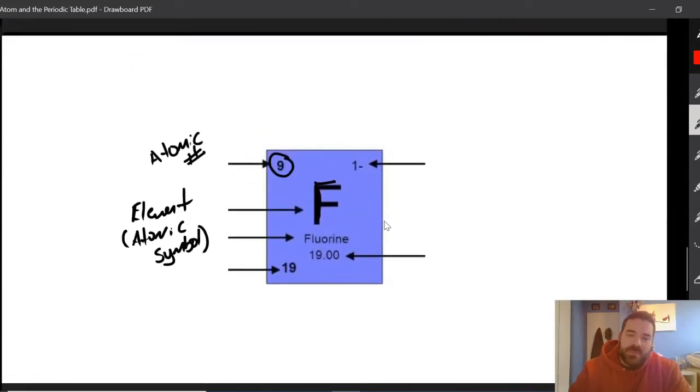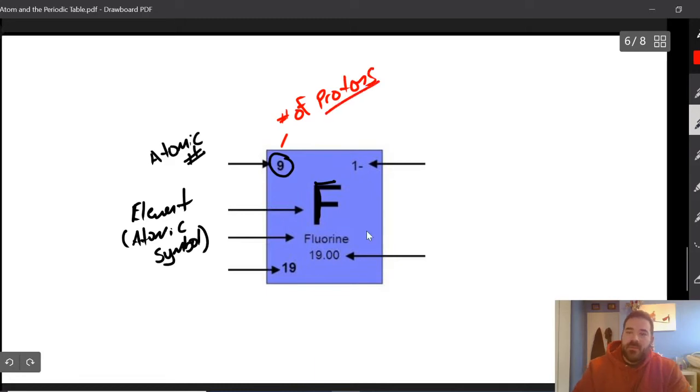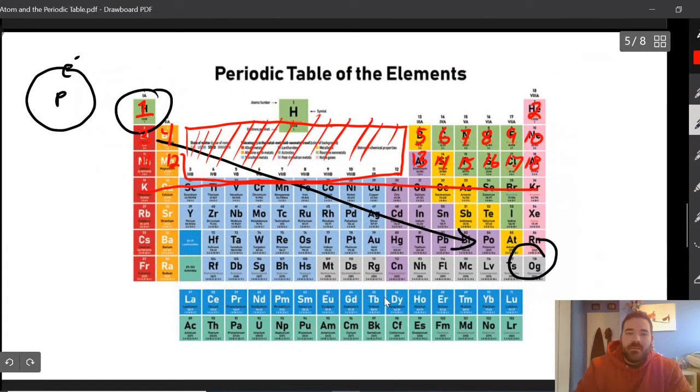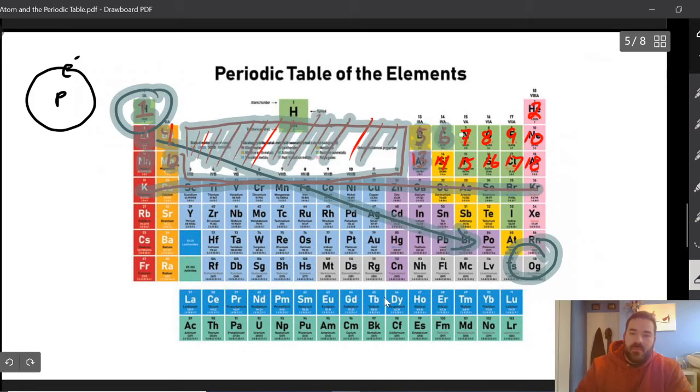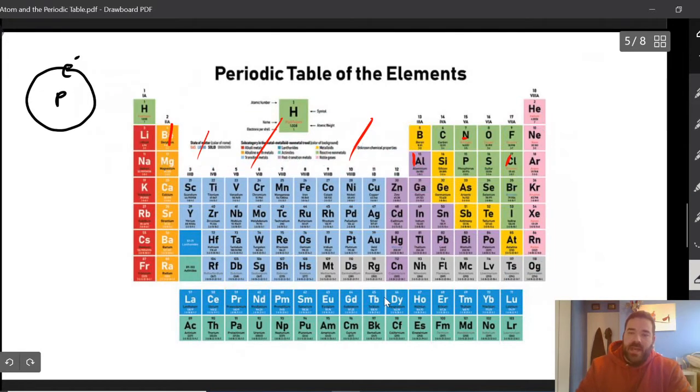The atomic number also represents the number of protons, because every successive element has 1 proton more than the element that came before. So if we look at hydrogen, hydrogen has 1 single proton, 1. Helium has 2. Lithium has 3, beryllium has 4, boron has 5, 6, 7, 8, 9, 10, and that was